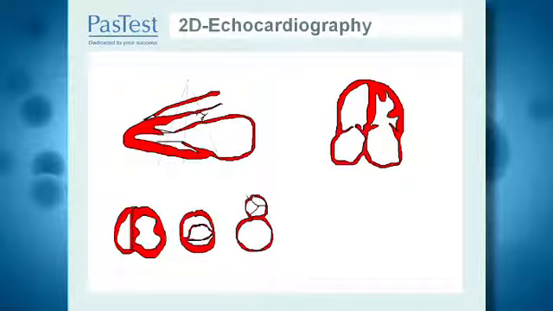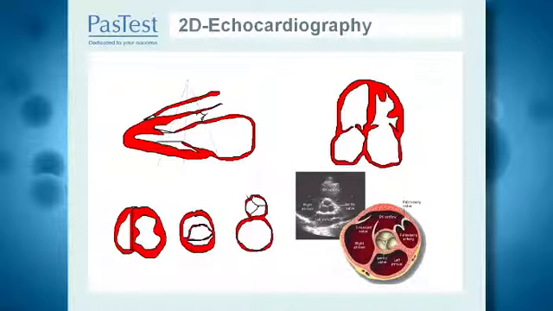On the far side of the screen here you see an apical or 4-chamber view, which gives us the classic Valentine's Day heart where you see all the chambers in what we conceptually think about as a normal arrangement. Of course, this is upside down, it's just the way the echo image is projected on the screen. By rotating the probe from the parasternal view by 90 degrees, it's possible to get the short axis cut, which you see on the far right-hand lower corner of your screen. In this view, we get a cross-section of the left ventricle, and depending on the angle, we can focus in on the aortic valve, mitral valve, or the apex of the heart.